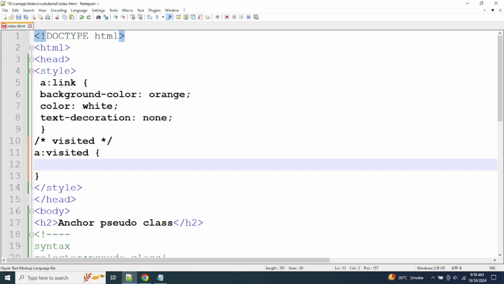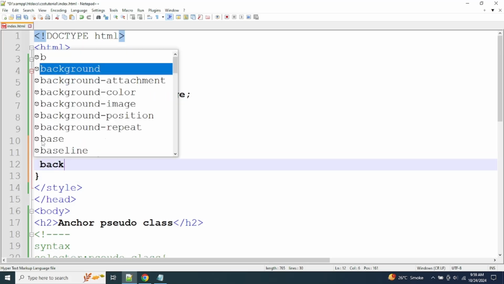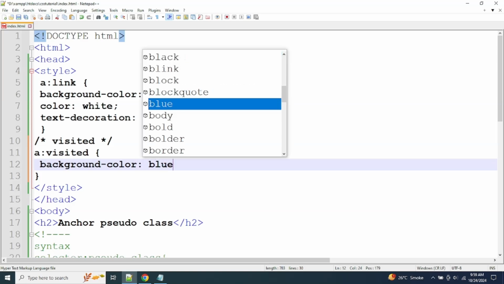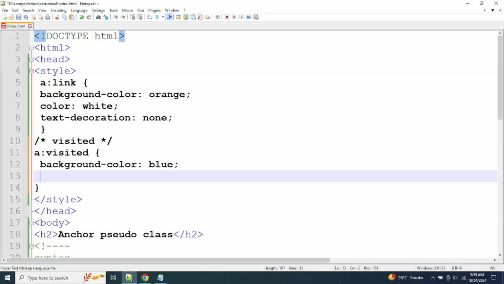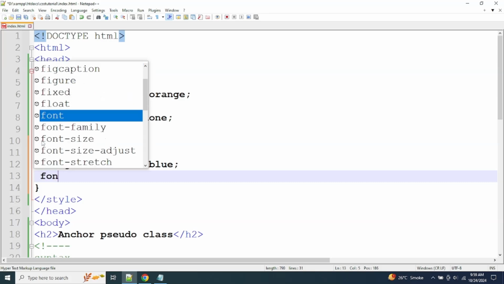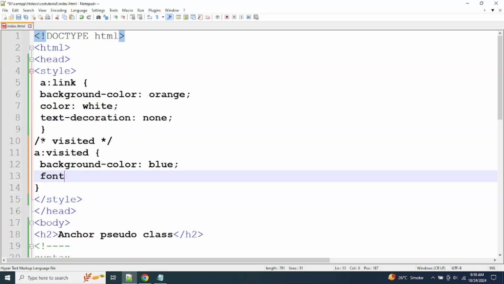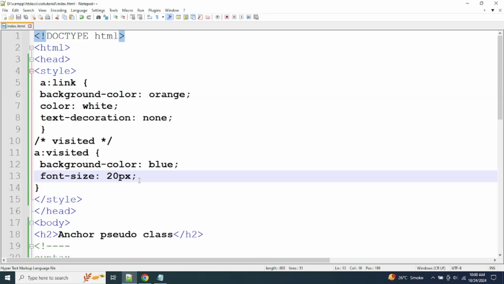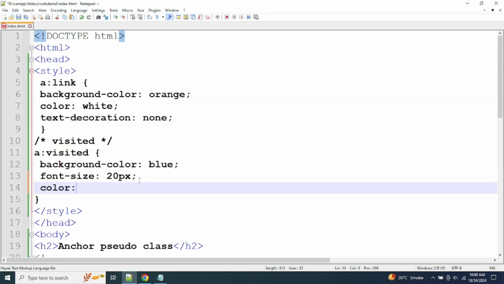In between curly braces, we will use background color colon blue, semicolon. Underneath font size colon 20px, semicolon. Press the build button to save the file, go back to the browser and reload the page. As you can see, we use the visited pseudo class and use color it white,